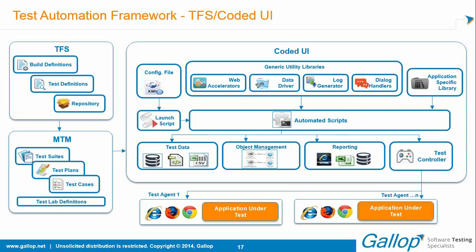The libraries that we have built in-house in Gallup are developed in such a way that they are completely independent by nature. They are generic. They can be used in any web applications and desktop-based applications, and it's simply a plug and play kind of a thing. For any project across the portfolio, these components can be readily used and plugged in, and you're ready to go. You can start your scripting